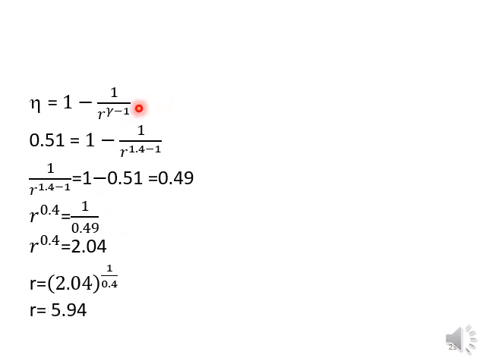So here the calculations are very important. Cross multiplications and bringing the unknown terms to one side, either the left hand side or the right hand side, you have to do the calculations. Be careful. So if you get the compression ratio of 5.94, after that it is very simple to calculate the clearance volume. So we know that R is equal to Vc plus Vs by Vc. So first we have to calculate the swept volume.